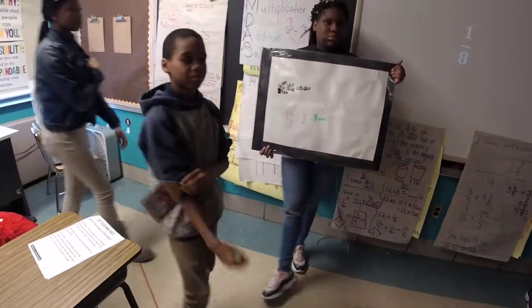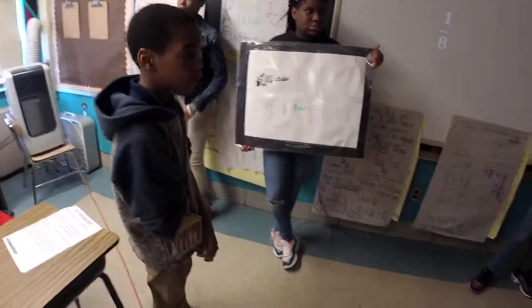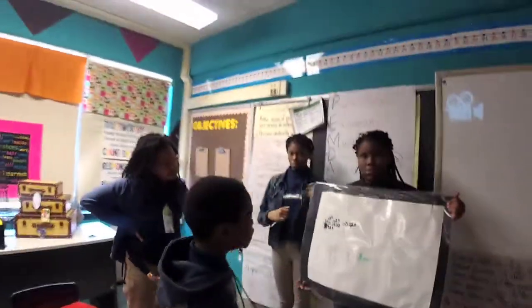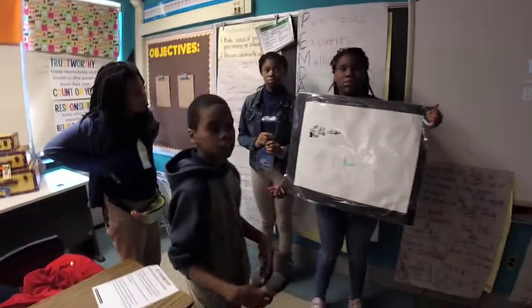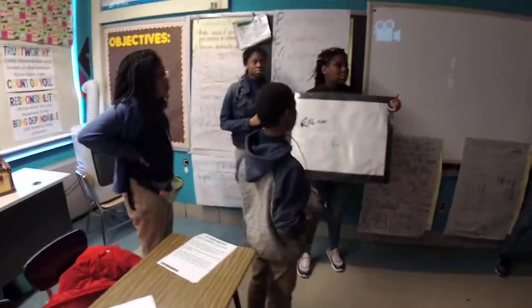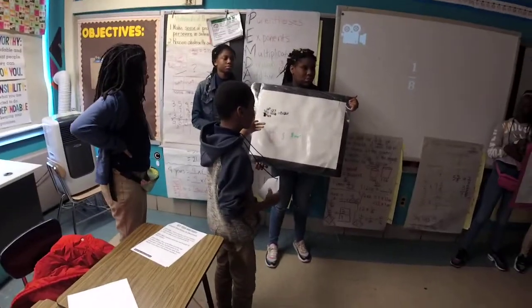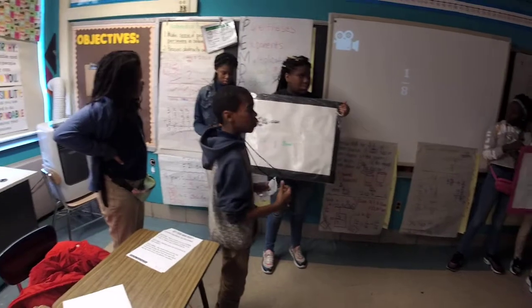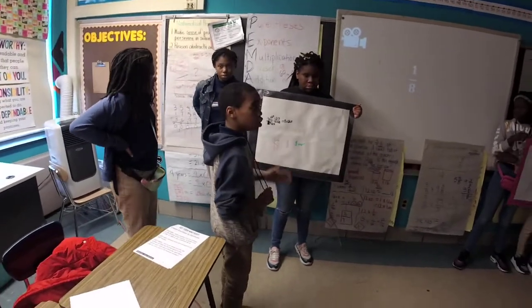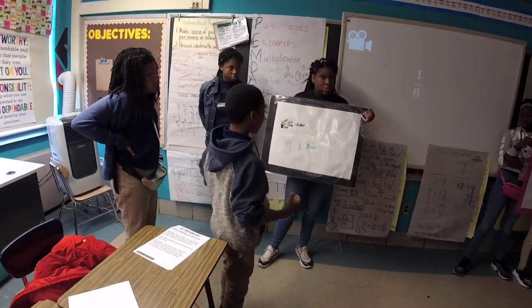Okay. I'm going to start with team 4 first. Tell us how you got your answer. So first we started off with 1/8, and so we actually worked this out on scrap paper. So we noticed that the line right there was division, and so we went on our scrap paper and we went into our long division stuff, and then we got our answer by that, and then we got 125,